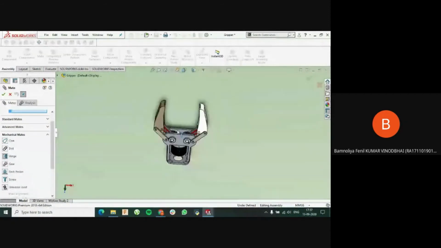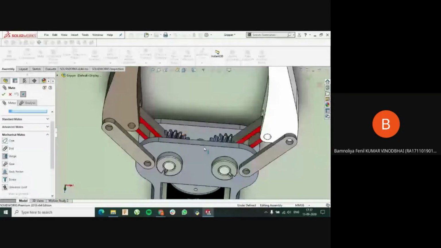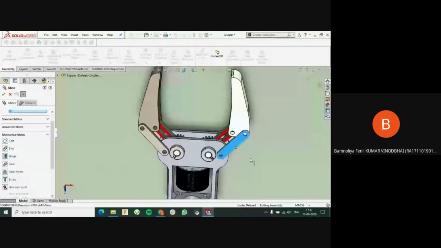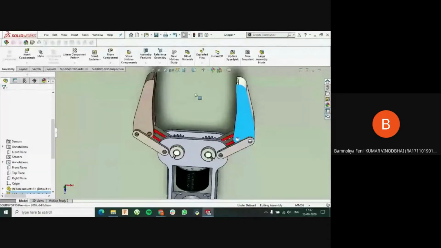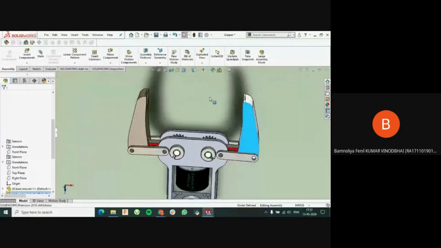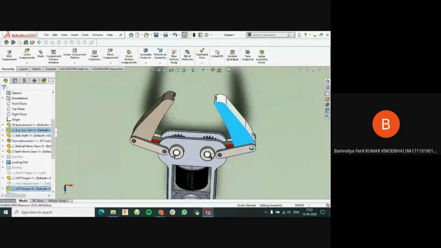For example, I have given the gear mate here. If I move one gear, the other gear will move accordingly. So this is an example of a gear mate. There are a lot of mates, and once you explore them, you will get more information.